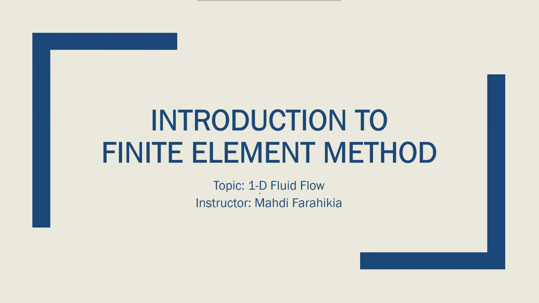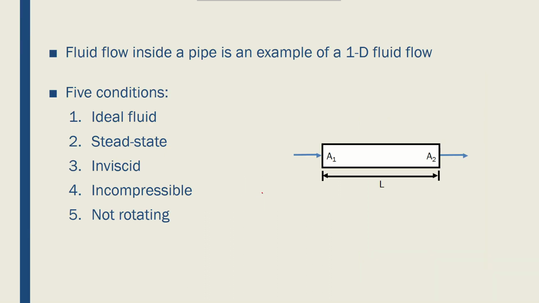Let's get introduced with the 1D fluid flow. A fluid that flows inside a pipe along its length, say in that direction, is called a 1D fluid flow. It could be a pipe like that of length L. There are 5 conditions that we study or consider while finding the stiffness matrix and solving for the 1D